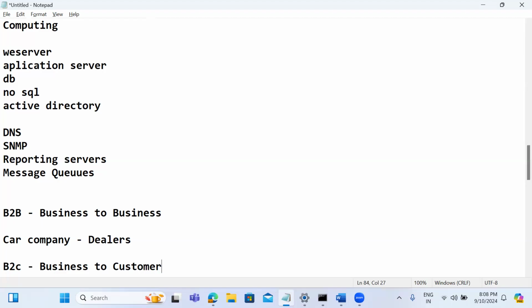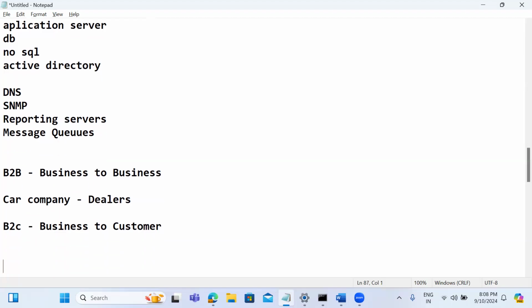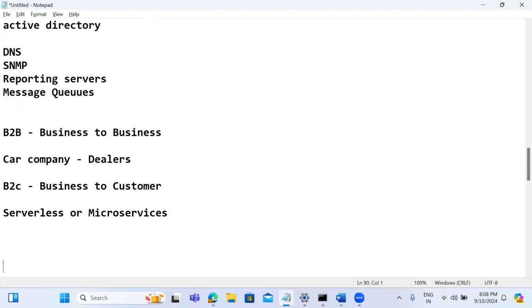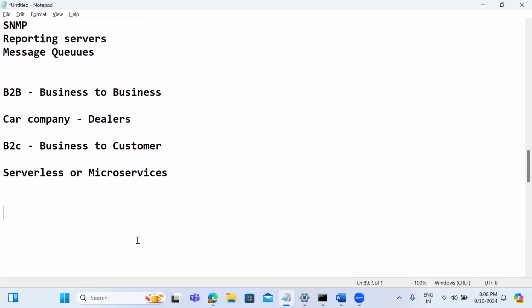We used physical servers or virtual servers before. Now we are going to use EC2 instances. Maintaining EC2 instances is also becoming very expensive. Now we have serverless, and we are going to use microservices also. But as of now, we are taking EC2 instances, and using the EC2 instances, we need to deploy